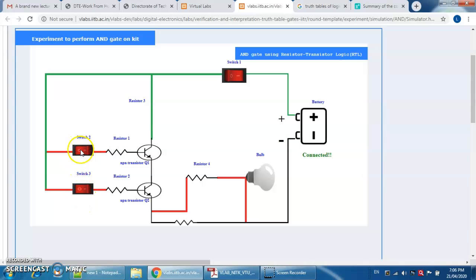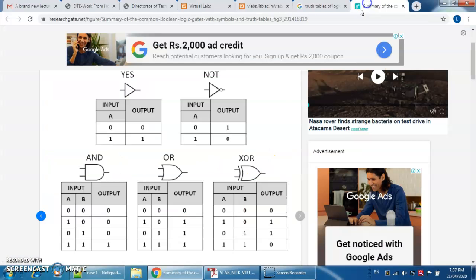So now switch 2 and switch 3 are both 0. If we apply 0 0 to this transistor, what will the output be? The bulb is not glowing, so the output is 0. When the bulb glows, the output is 1; when the bulb is off, the output is 0. So for 0 0 the light is off, meaning the output is 0. We have verified the first situation.